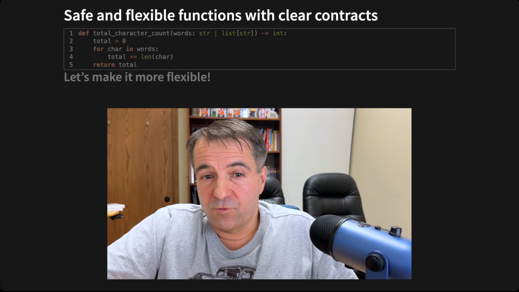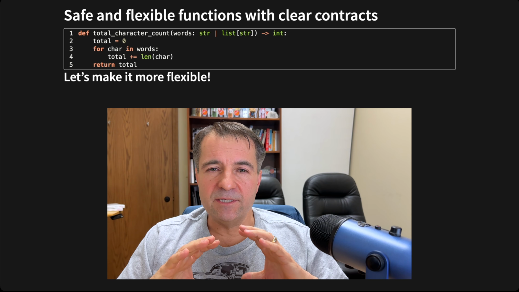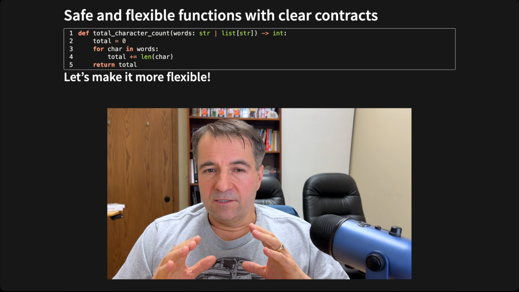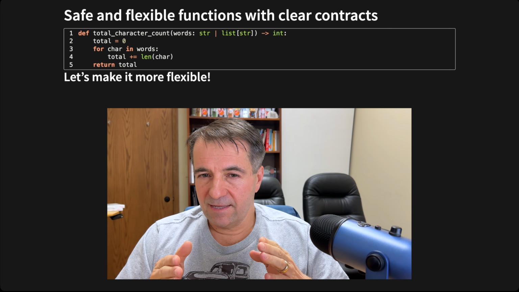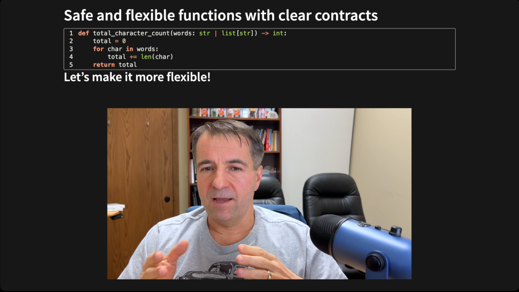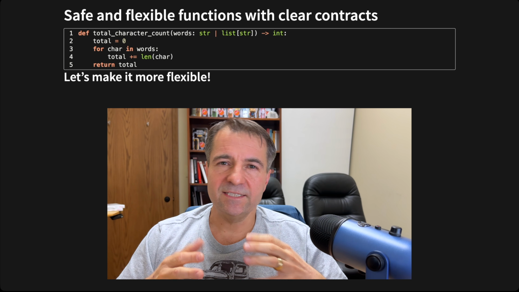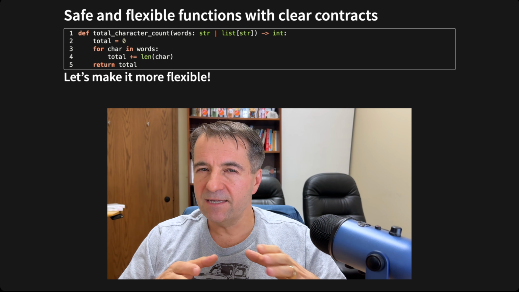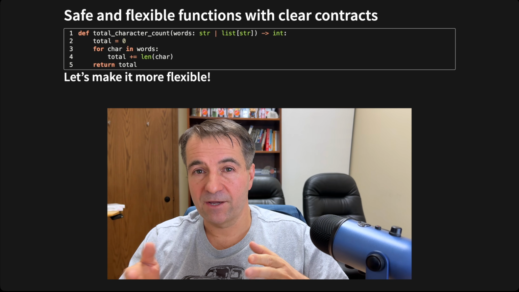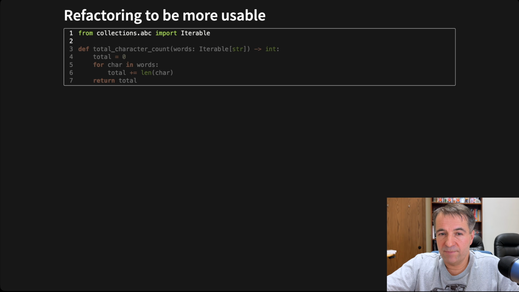The other great advantage of types is it can allow a developer to expand a function safely. So when I look at this, I now see that the developer has only catered for string and list of strings. But as a developer, I want to make my function as flexible as possible, or at least I want to add some flexibility. If I've developed it and I'm seeing this can also be used for a set of strings, as an example, currently it will block a set of strings.